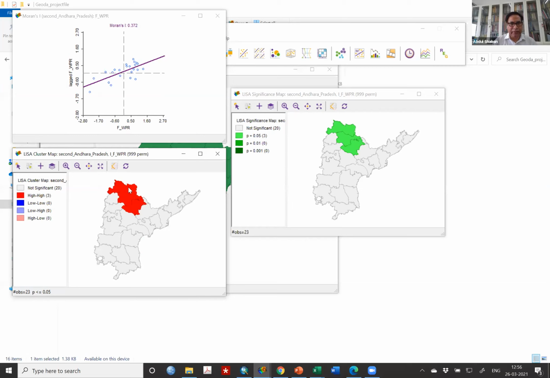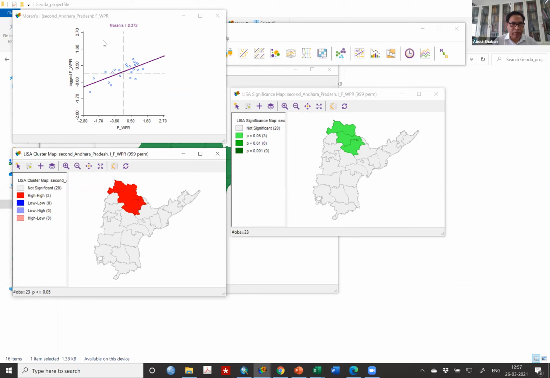All of you got it? High, where the districts with high work participation rate of women are together. So it shows that these districts are high together, and they are significant. Because if you look at this quadrant, it is high-high, low-low, and low-high.